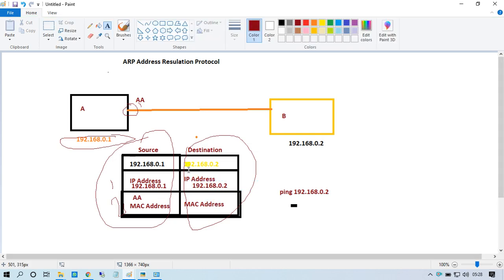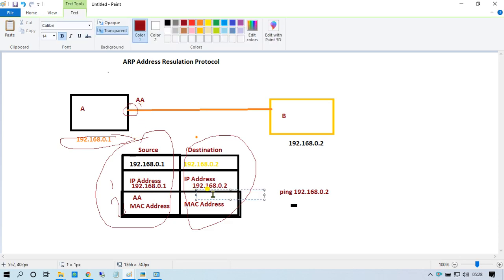Can we know the MAC address of B? No. In that case, it will just send a packet over the network using this interface. It will generate a bogus MAC address for communicating to the next destination. Now what do we have?